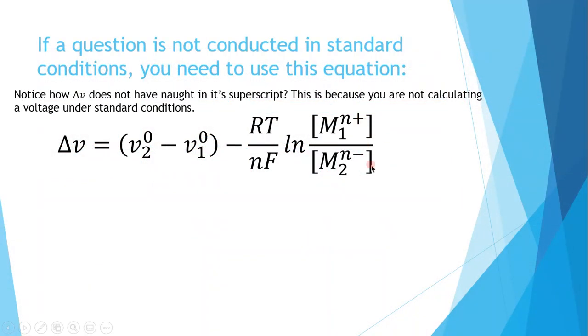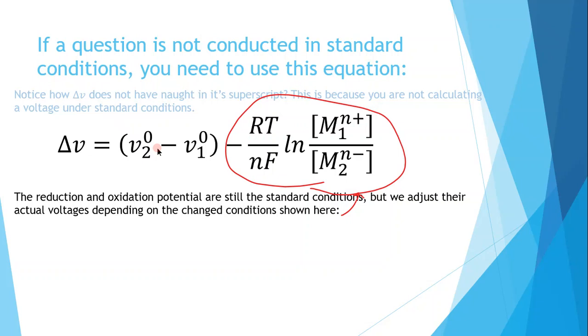So what happens when the molarity changes, the temperature, the number of electrons, what's going on? The reduction and oxidation potentials are still the standard conditions, but we adjust their actual voltages depending on the changed conditions shown here. So you just check this. The standard condition is still important, but we can manipulate these standard conditions to show what the conditions are when